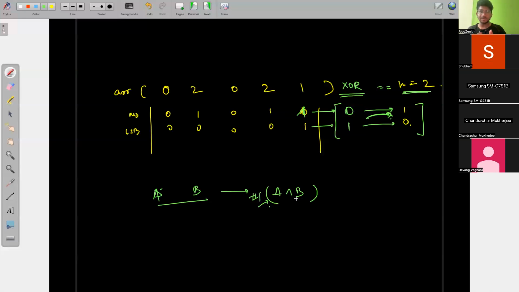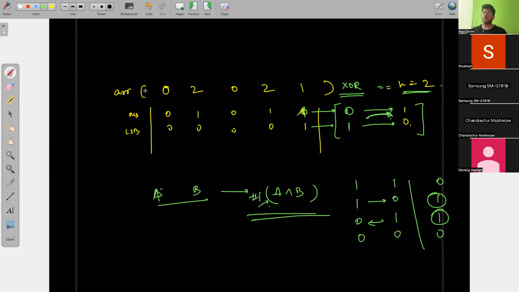Find A XOR B, okay? Because let's suppose there is 1, 1, 0, 0 and then 1, 0, 1, 0. So if you take A XOR B, this will be 0, 1, 1, 0. So you can see that wherever there was a mismatch of bits, those positions will get 1. So the number of ones in the A XOR B will give you the number of mismatches, which means the number of flips that needs to be introduced. So simply, the whole array XOR you can find, take the XOR with K and the number of ones